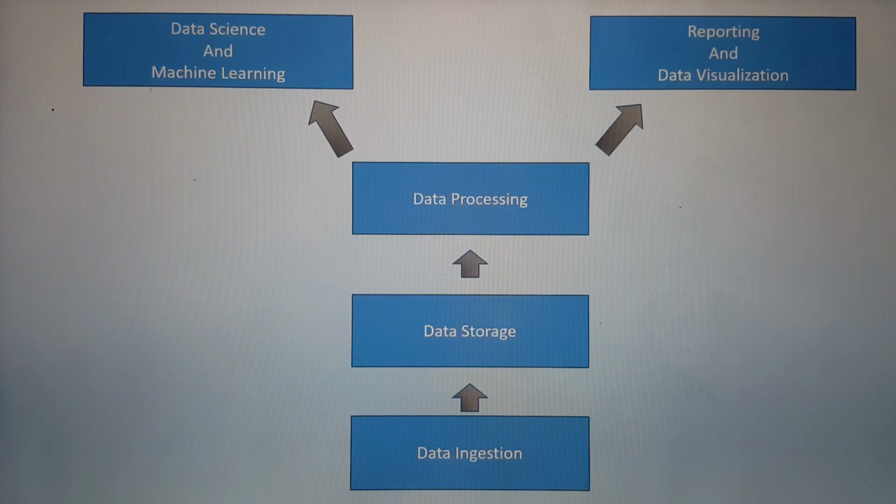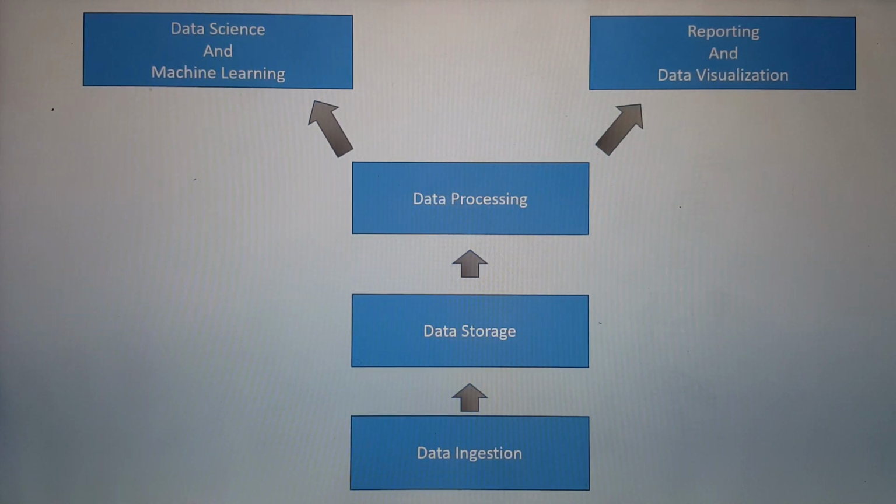Once we ingest the data, we talk about the storage, that is the data storage. For example, HDFS, Hive, and NoSQL databases, which are provided within Hadoop. Once we ingested the data and stored the data, then how to process the data? So the third layer, which is the data processing layer, comes in picture. Here we talk about the very core of Hadoop, which is MapReduce, or a new and an enhanced framework like Apache Spark.